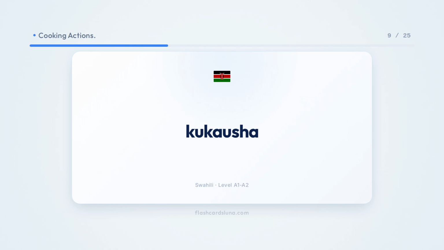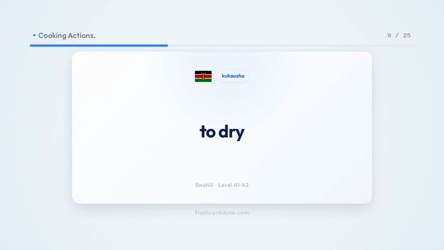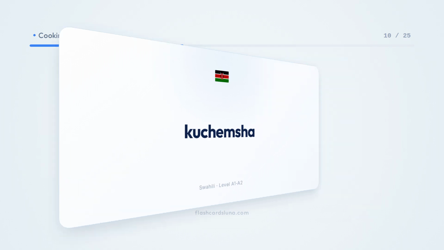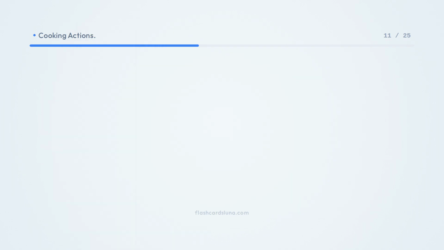Kukausha. To dry. Kuchemsha. To boil. Kukaanga. To fry.